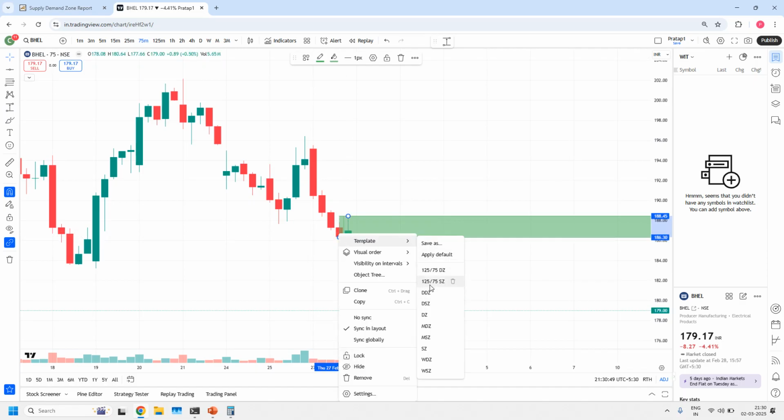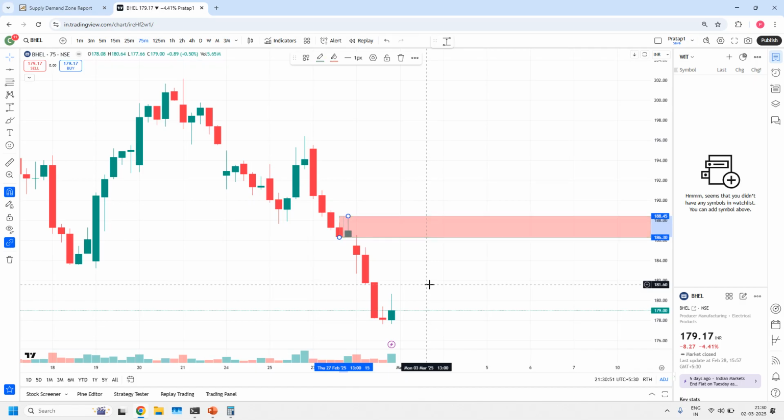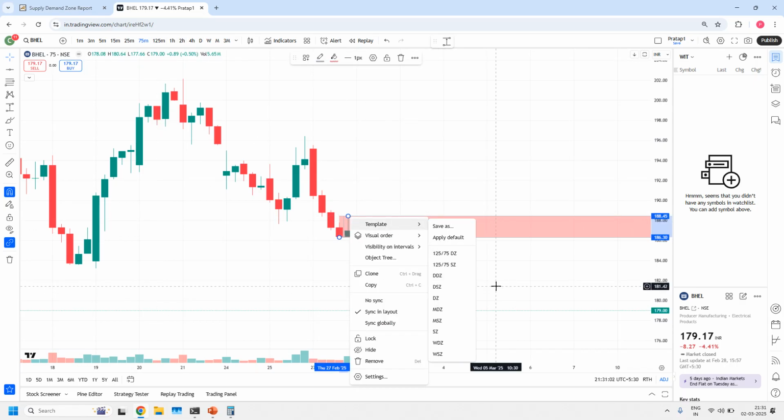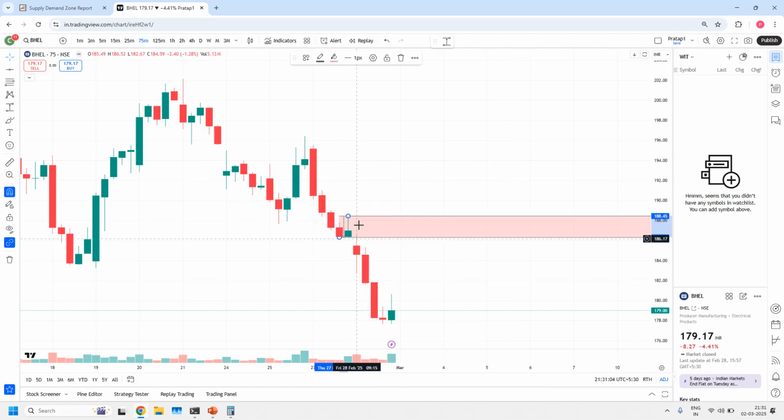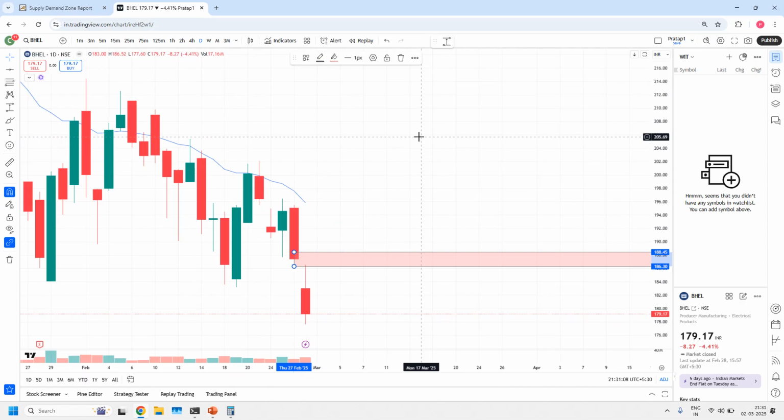This is a 125 minute supply zone. This 125 minute supply zone is part of the daily supply zone. Go to the daily time frame. I am giving a light color. Go to the daily time frame. In the daily time frame,